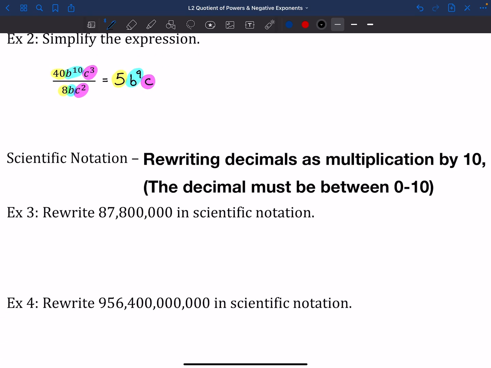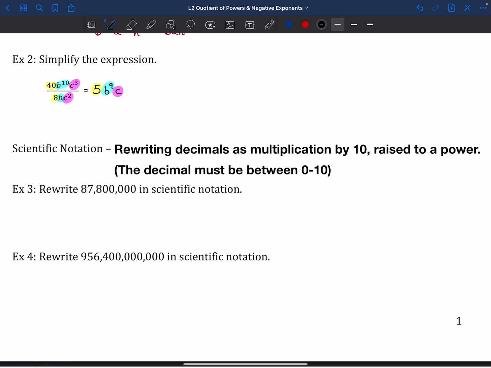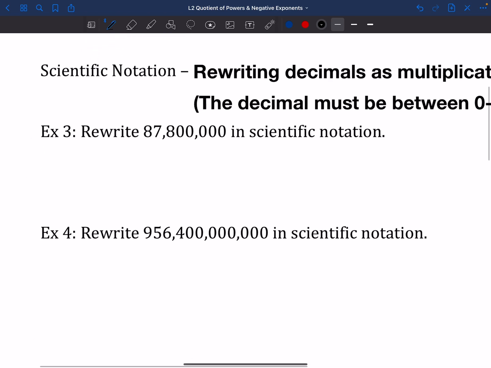We're going to talk a little bit about scientific notation. Scientific notation you may have run into in the past, obviously in science class, or possibly even in social studies. It's when we're rewriting decimals or large numbers as multiplication by 10 that then gets raised to a power. The decimal must be between 0 and 10. So if I wanted to rewrite